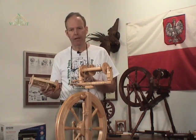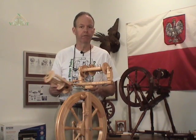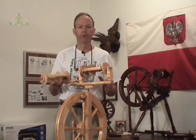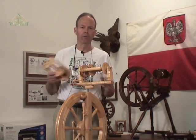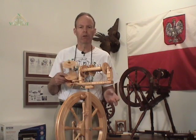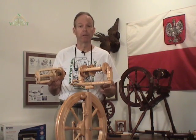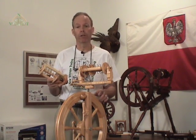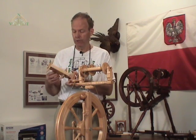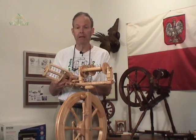It also has a nice overlap with your regular flyer, and if you tend to spin the coarser, heavier types of yarns, using these two flyers is going to cover all your bases from very slow to a medium speed, 13, 14 to 1. But there are two other advantages to the jumbo flyer unit that might be the reason you would get it as opposed to the lower ratios,